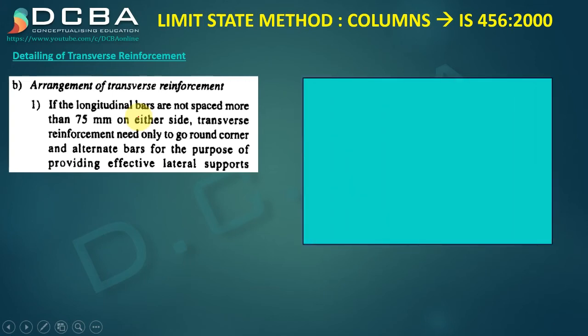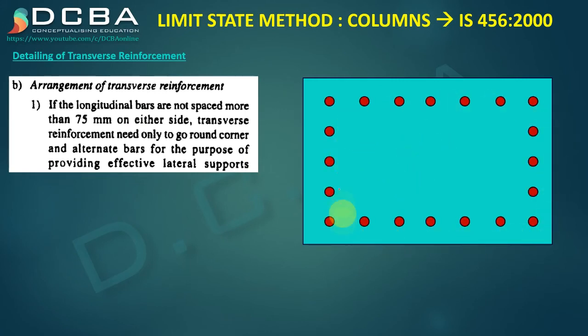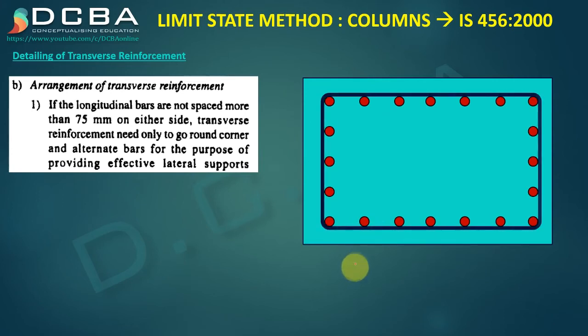So what it is saying is that in a column, if bars are like this, there are a lot of reinforcement bars, and this is the first lateral tie around all the bars, then actually the lateral tie has to be provided for these inner bars also, theoretically speaking, but according to this clause, it gives us some relaxation for that. So if the spacing is less than 75 between these bars, between the longitudinal bars, then